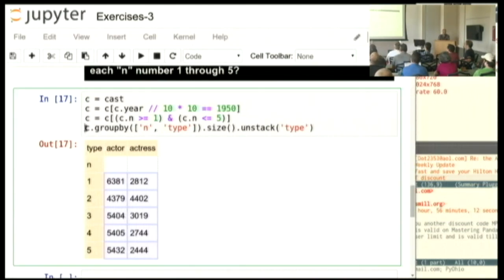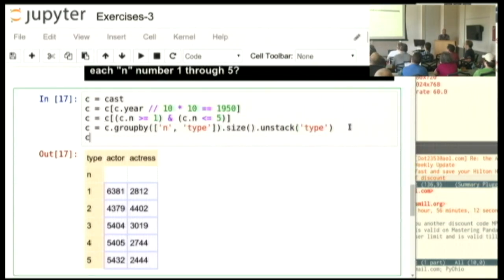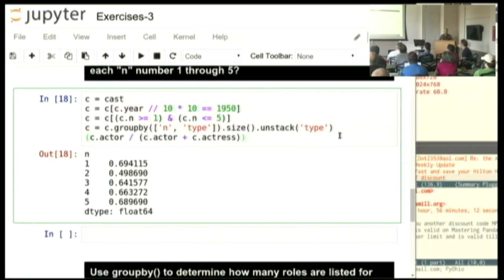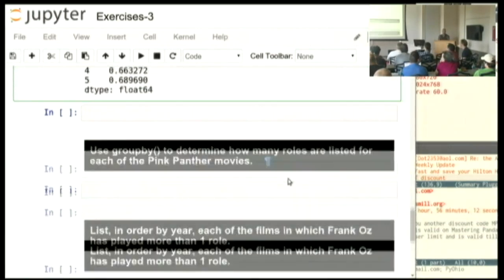And so if I have this data frame, all I need to do, if I want to know the ratio, let's say the percentage of all roles at that n value that are actor roles, I can say number of actor roles over the total. I have to use parens because of the way that grouping works. And now I have a number, a fraction that I could graph over time. And I'll do this as my last operation because it kind of brings together almost everything taught here in the tutorial.